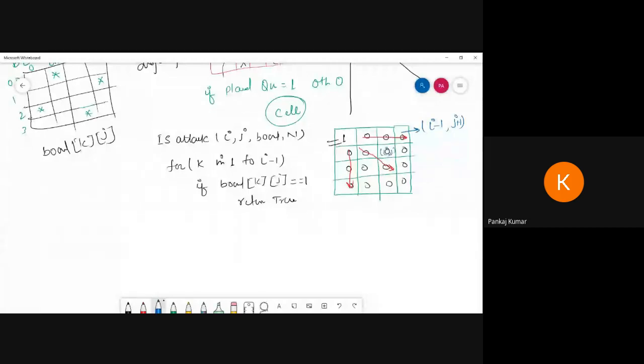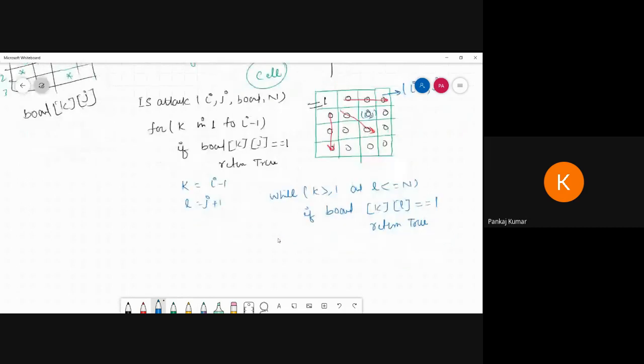So I set k equal to i minus 1, and taking one variable, l equal to j plus 1, and we check while k is greater than or equal to 1 and l is less than or equal to n, the number of queens. If board of k comma l is equal to 1, then return true.